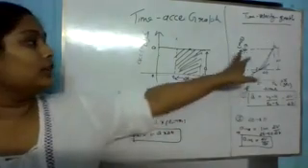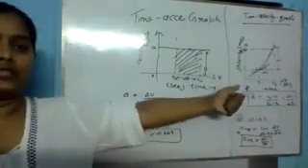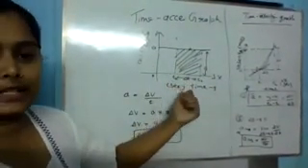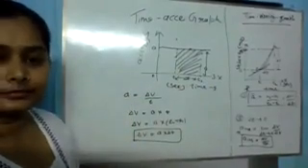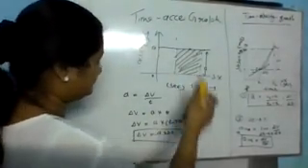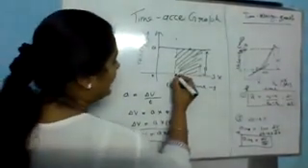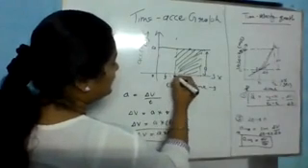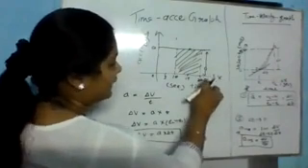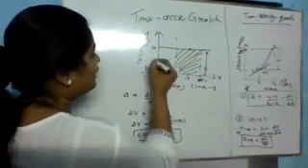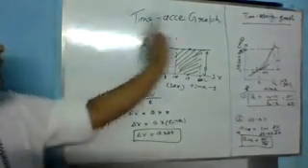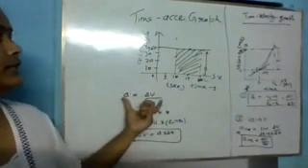Same thing we are doing in the velocity time graph in case of displacement, right? Yesterday I showed the same example for the displacement. Is this clear? Now you can see the example. Let this be 0, this is 5, this is 10, 15, and this is 20 seconds. Okay, this is in seconds, you know that. And this is 10, this is 20, this is 30, and this is 40.